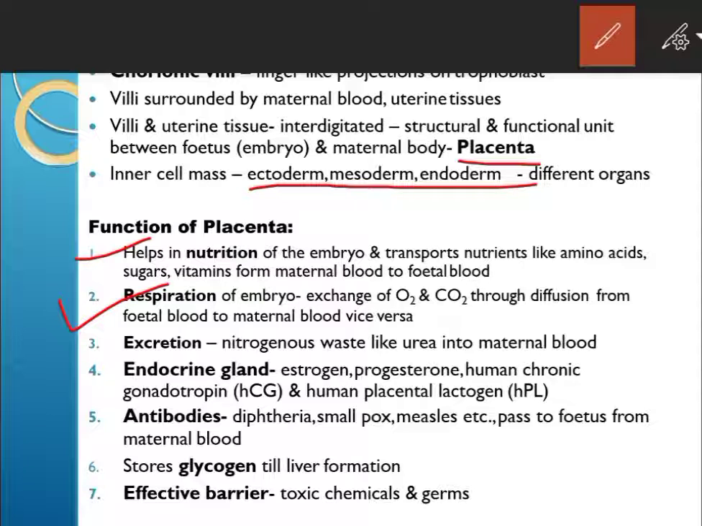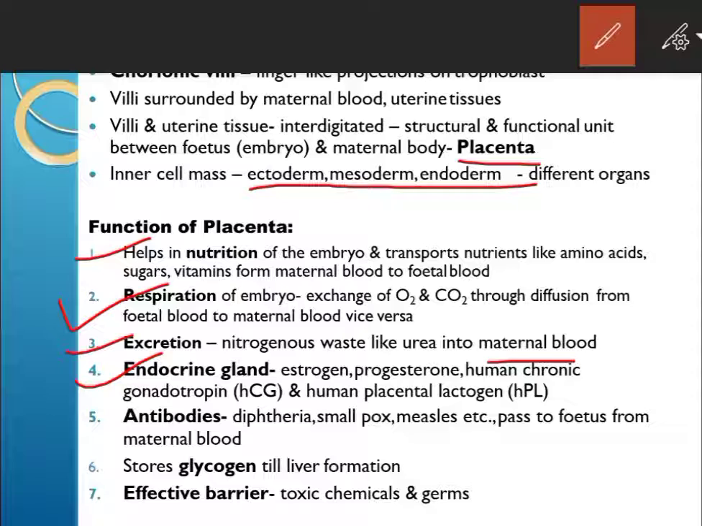Then it helps in excretion. The nitrogenous waste like urea, which is produced by the fetus, will be released in the maternal blood, and through maternal blood it will be released out of the body. The placenta is connected to the embryo through the umbilical cord, which helps in the transport of substances to and from the embryo. Placenta also acts as an endocrine tissue and produces several hormones like